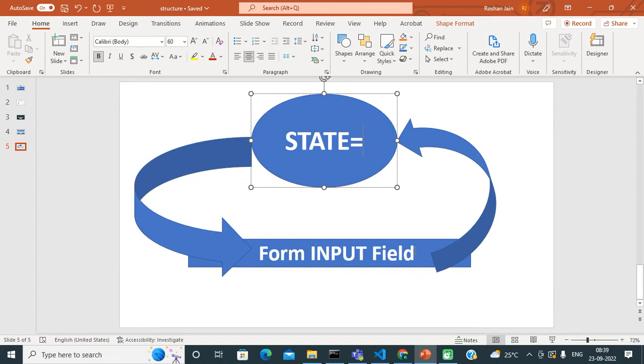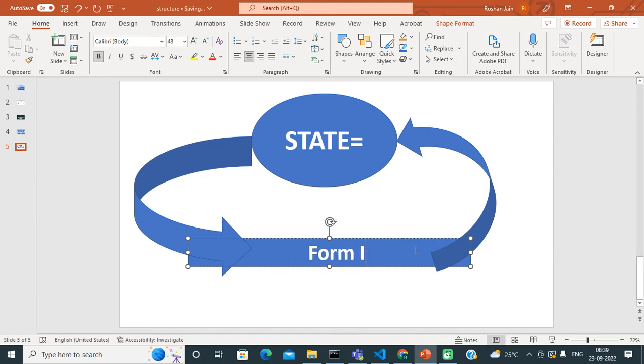And when a user changes that value, let's say the user enters a new value, this new value again gets updated into the component state. So this is the approach that we need to follow while handling forms in React.js.